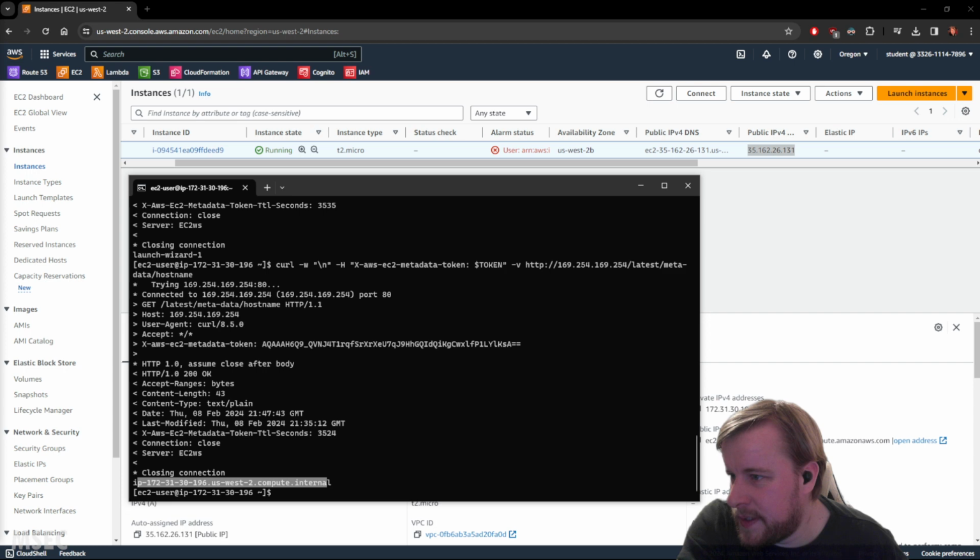If we enter the following command, we get the public SSH key of the attached key pair. Cool. Now it's just saying AWS bills in usage per second in most cases. We'll clean up this lab environment for you, but it's a good idea to learn how to stop and terminate